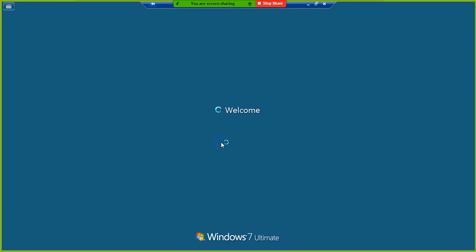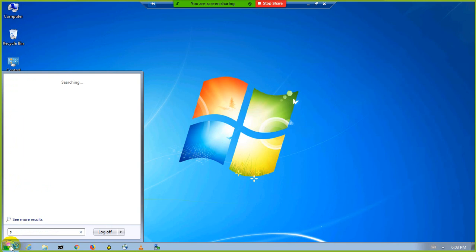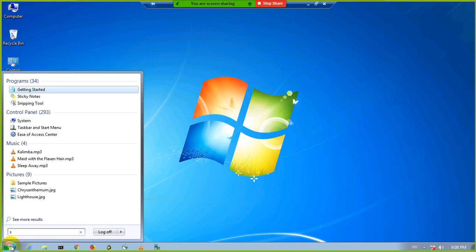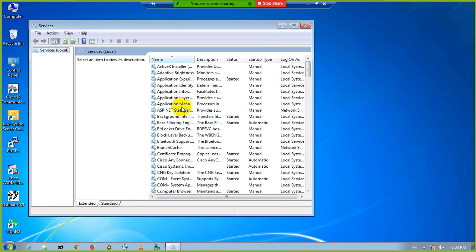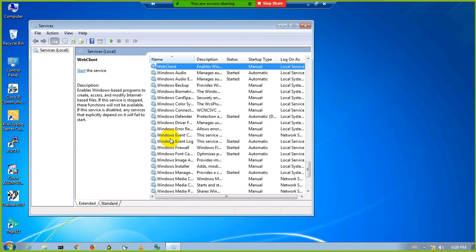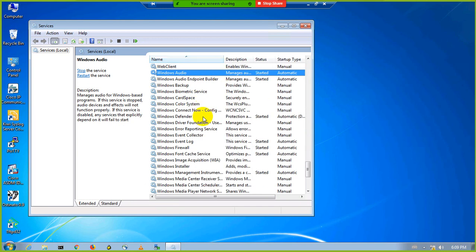In Windows 7 this is already enabled, but if it is not enabled, you need to go to services. Go to services and find the wired auto config, this one, to enable that.